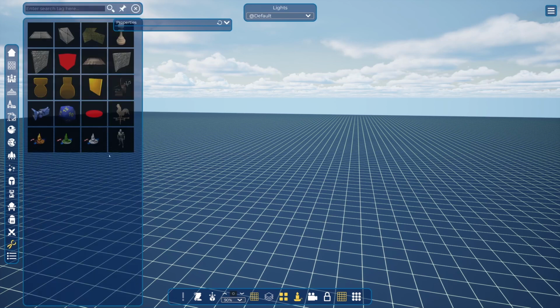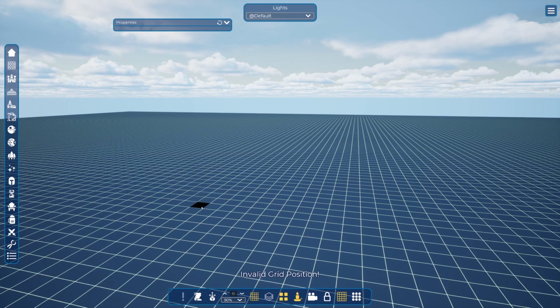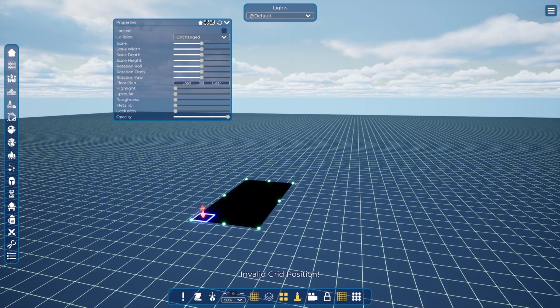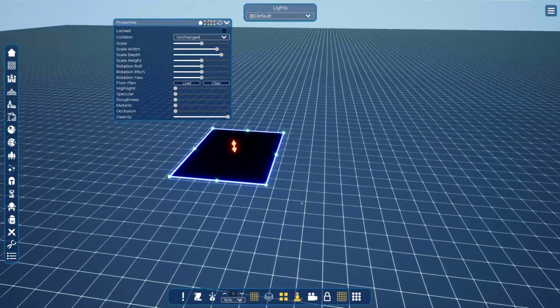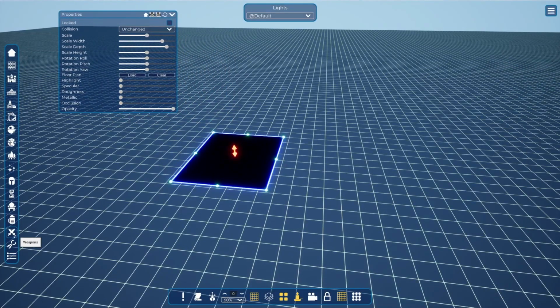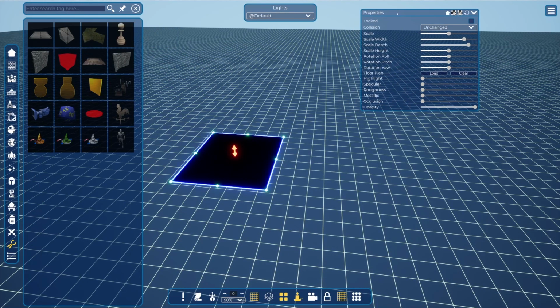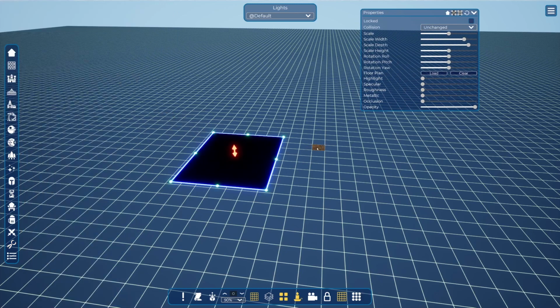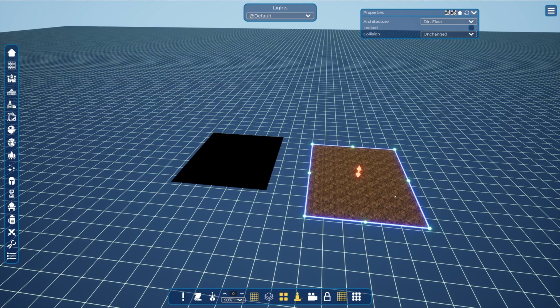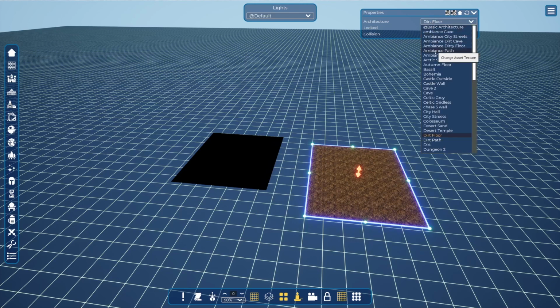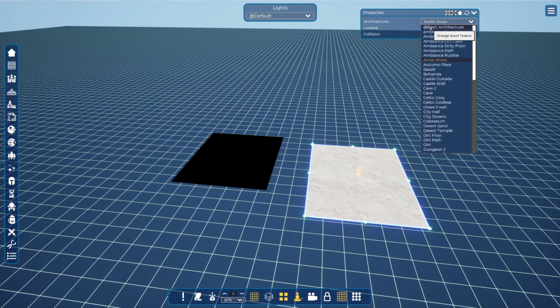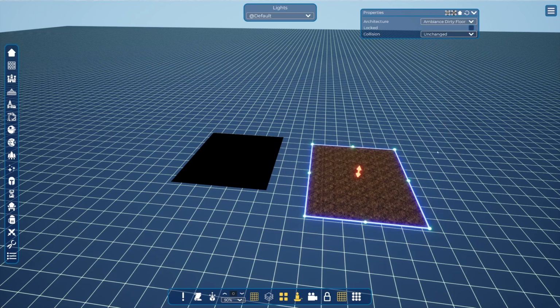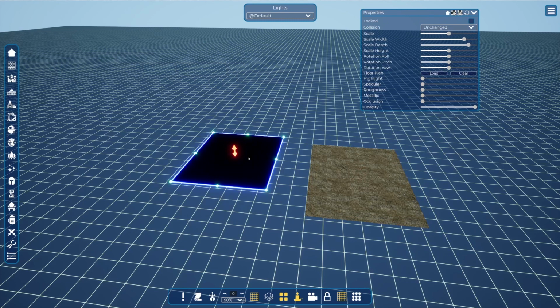Let's start with this tool. And since they are very close, please do not confound this with this one, okay? This one is an architecture floor. You can change things here, okay? And this one is